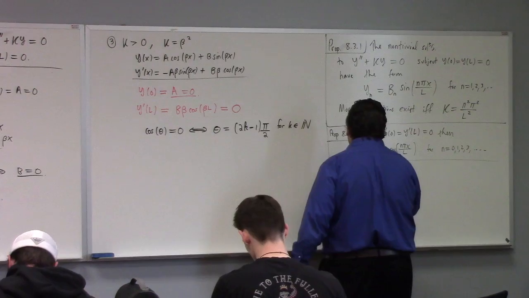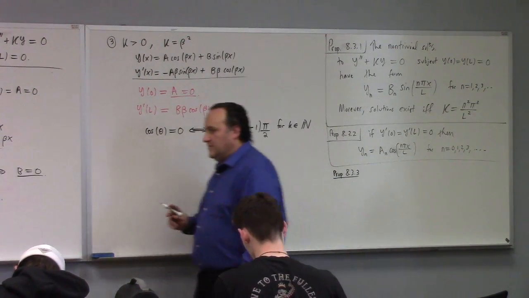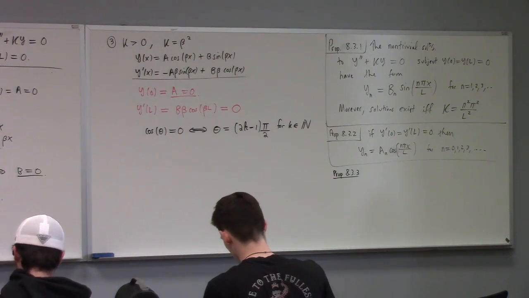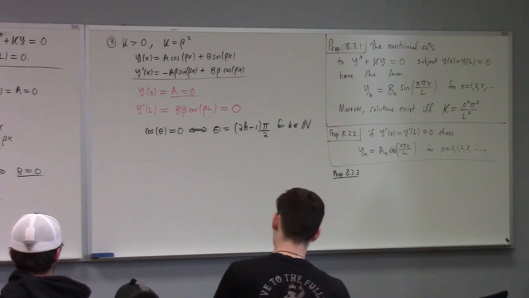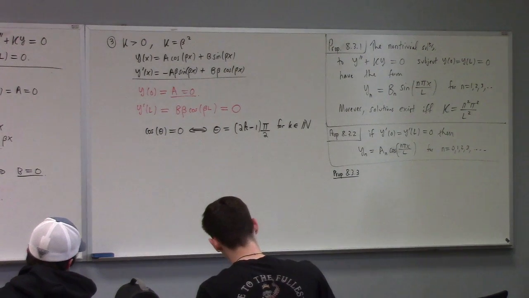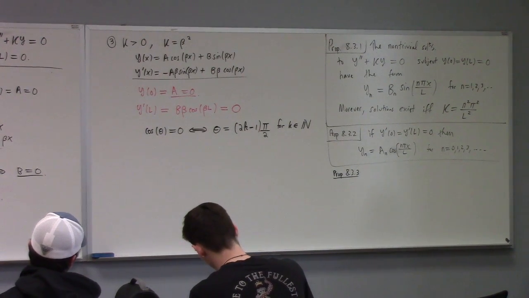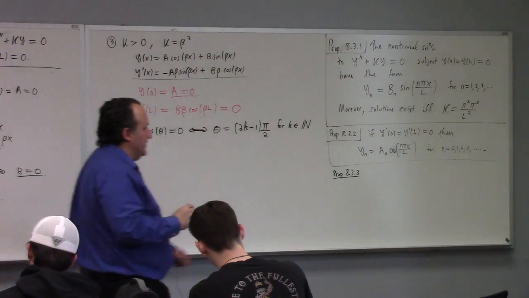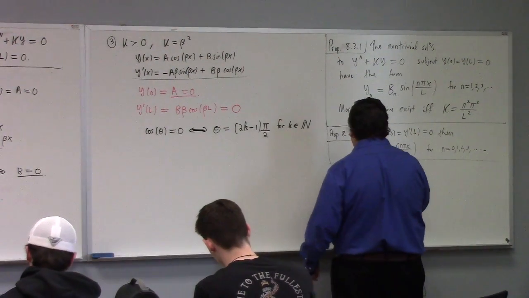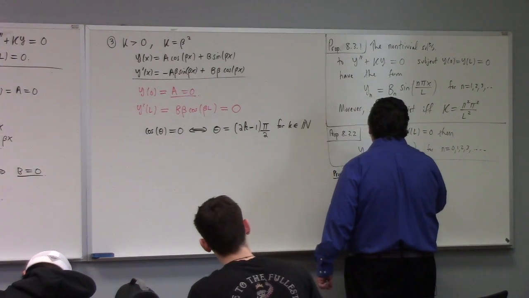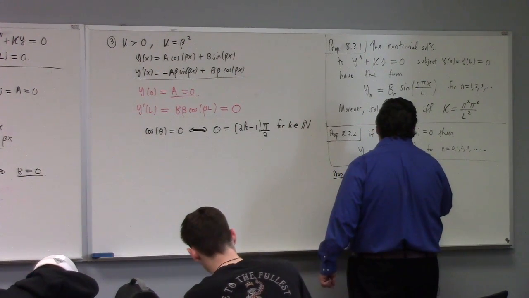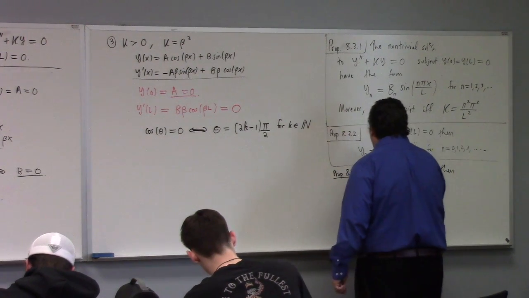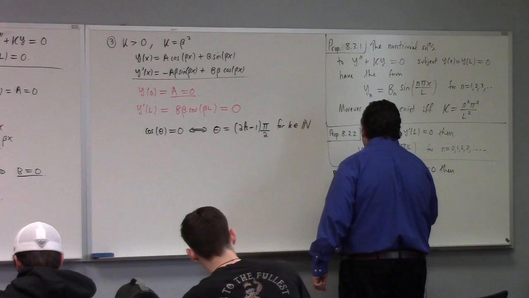Proposition 8.33. Let me double check on that in terms of my enumeration. Yes, I put y of 0. So, okay, great. So there we get, if y of 0 is equal to y prime of L is equal to 0, then my solution has the form,